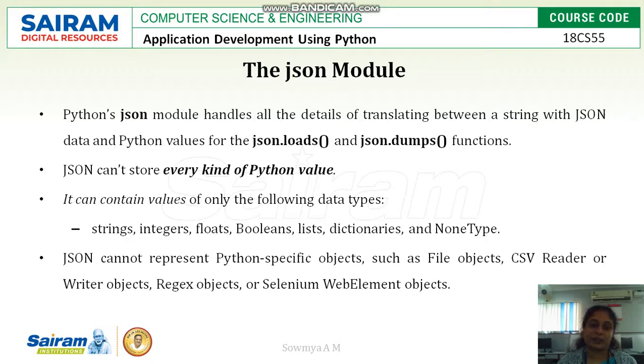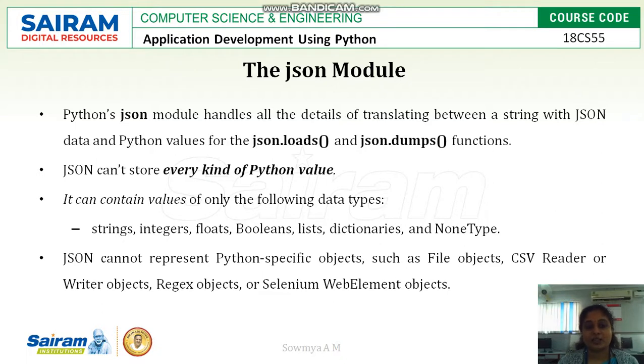For implementing JSON functions, first we have to import the JSON module. The JSON module, like the CSV module, is already installed with Python. If not, we have to run pip install json in the command prompt. To check whether it is installed, just go to your IDLE and type import json, which will not return any errors if it is installed. The Python JSON module has two functions: json.loads and json.dumps. json.loads is used to read data, and json.dumps is used for writing data.